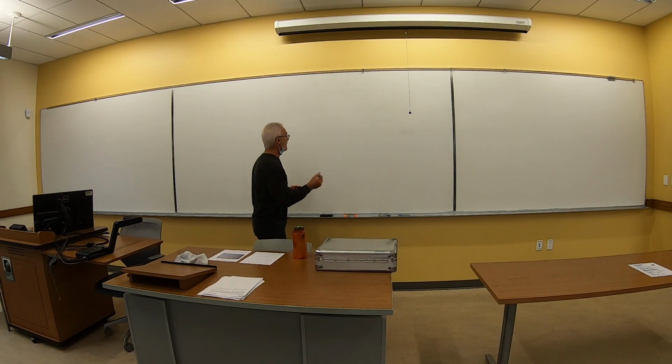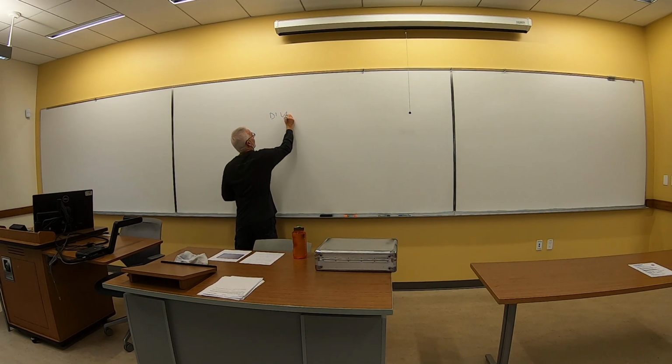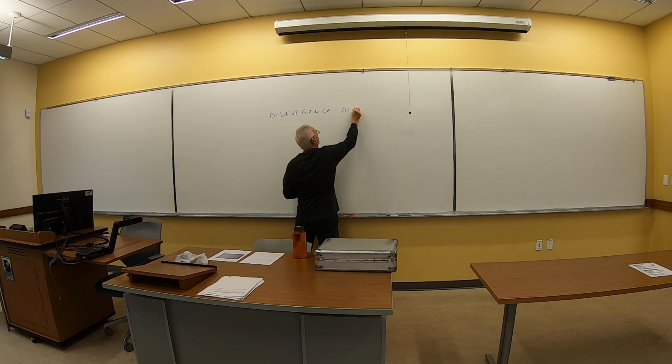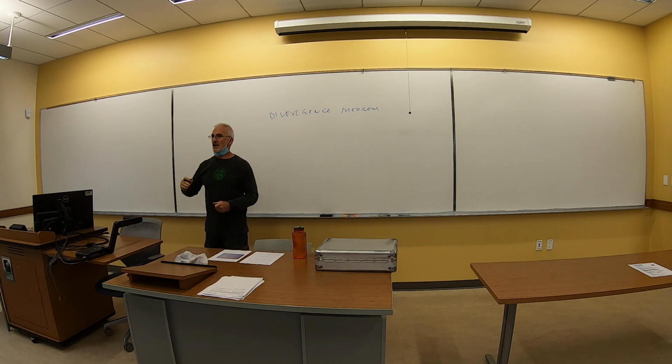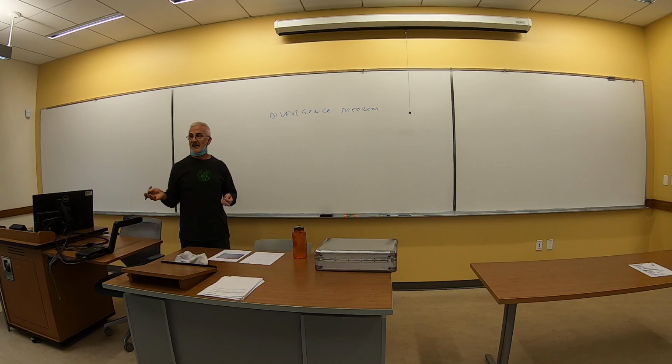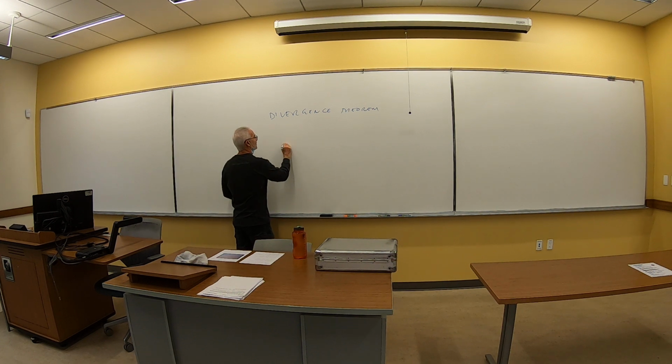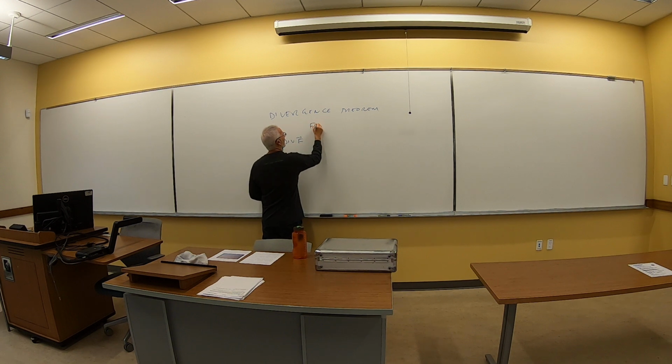All right, so today we're going to cover something called the divergence theorem. And we remember the divergence of a vector gives us a scalar valued function. It does not give us another vector. So just to remind us, if I said the divergence of some vector f, where let's say f is equal